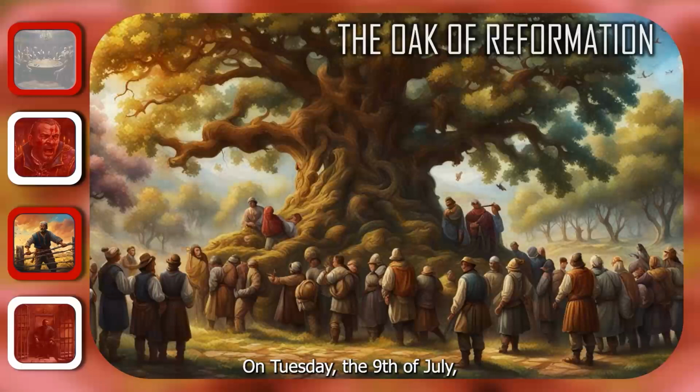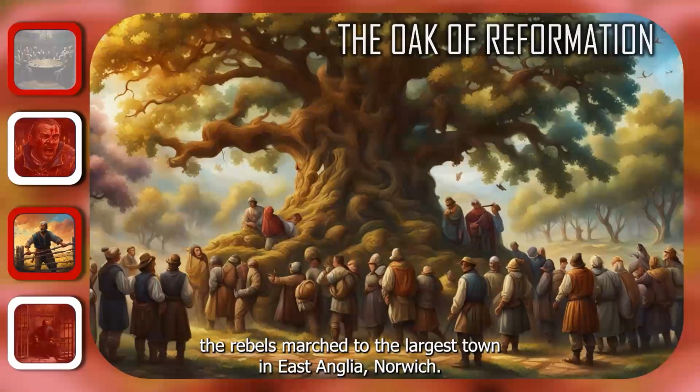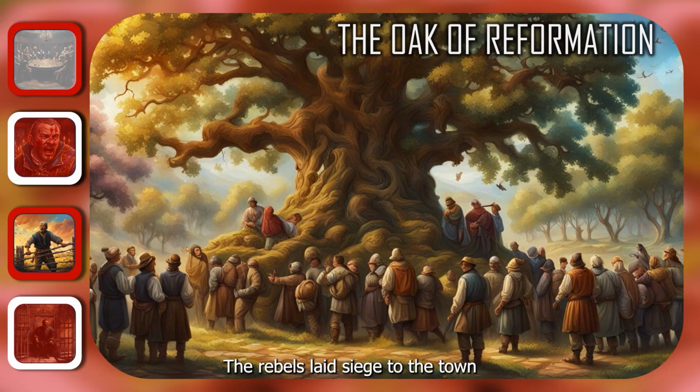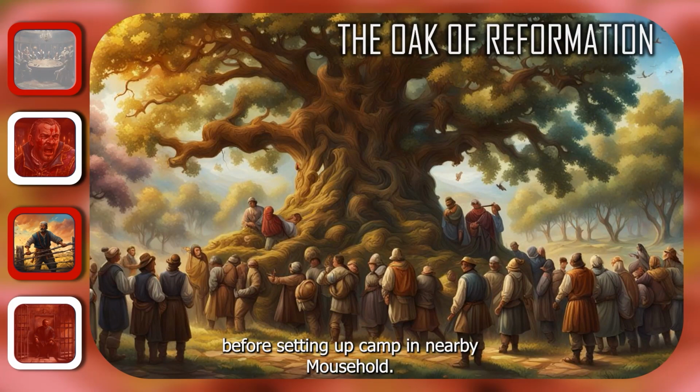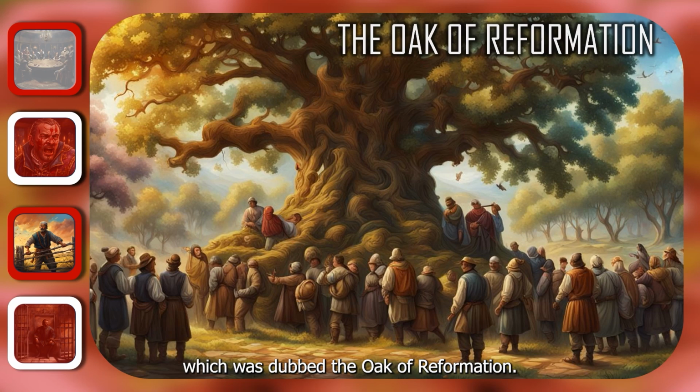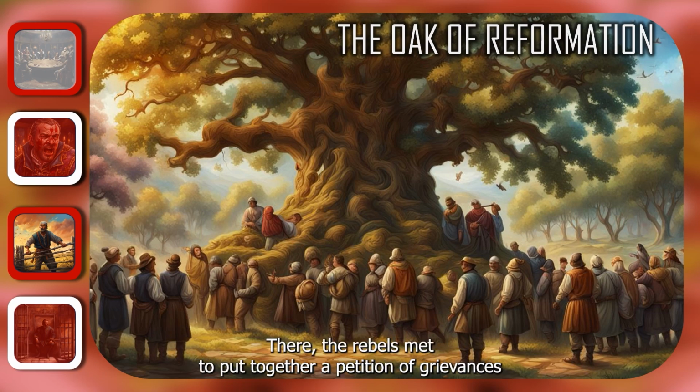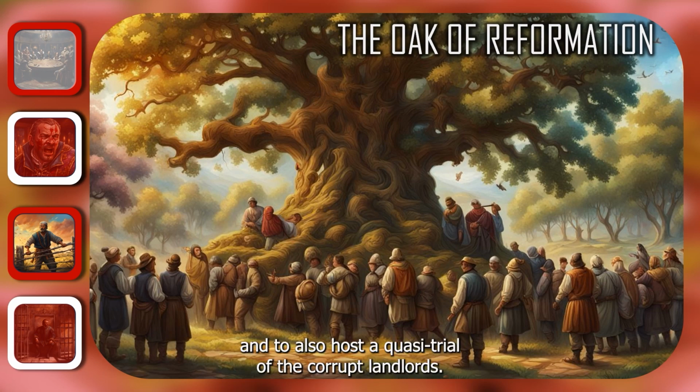On Tuesday, the 9th of July, the rebels marched to the largest town in East Anglia, Norwich. The rebels laid siege to the town before setting up camp in nearby Mousehold. Kett then organized a meeting at a local oak tree, which was dubbed the Oak of Reformation. There the rebels met to put together a petition of grievances, and to also host a quasi-trial of the corrupt